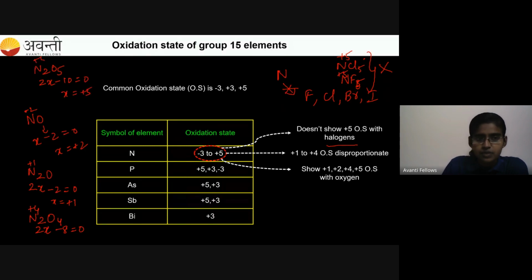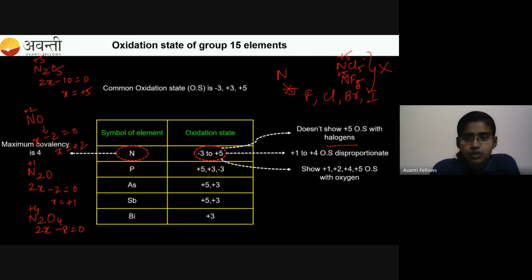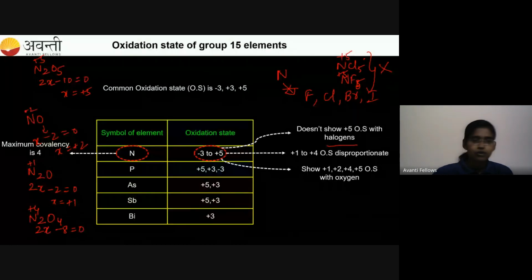So here it is +5. This particular oxidation state for nitrogen is possible only when nitrogen is bonded with oxygen, not with other elements like halogens and other elements. Okay. And before moving on to the phosphorus story, some more points are there for you,